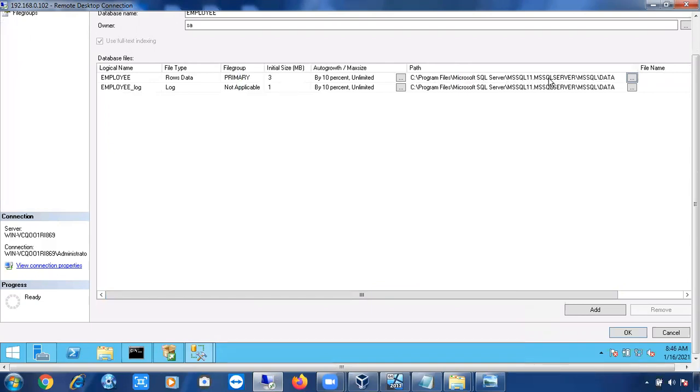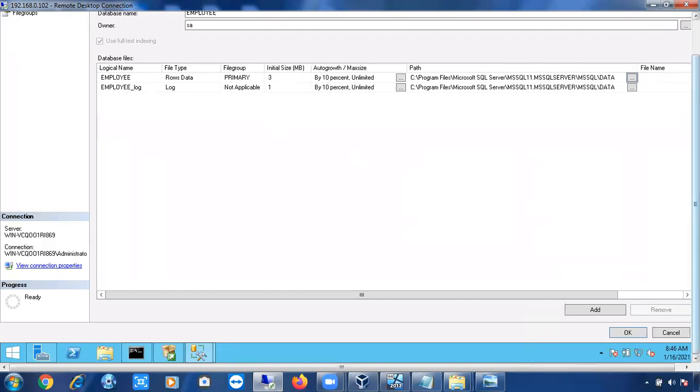I told you, right, for the default instance it will show you MS SQL Server. In all other cases, in folder creations, in services.msc, in Configuration Manager, in every place it will show you MS SQL Server. Only while creating, while connecting, you have to give the computer name. And in that, one folder will be created, MS SQL, and in that, one more folder will be created, the Data folder.